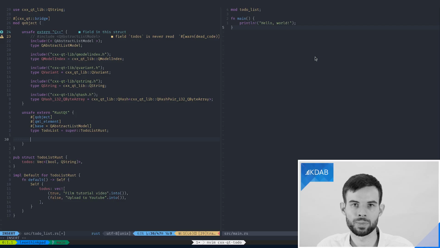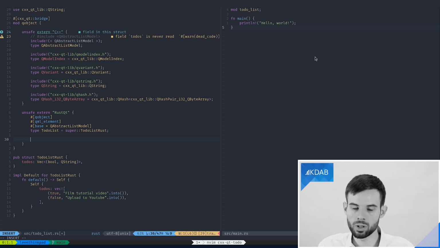I'll also now start already declaring some of the functions that we'll need to implement later. And this mostly means we need to override existing functions from the base class, as that is how QAbstractListModel works. If you haven't yet read up on the documentation of QAbstractListModel, I highly recommend you do so. We will link it in the description, and it just goes through all the details on how this works on the C++ side, and we will basically apply the same concepts here. So the concepts are the same, the syntax will just be slightly different.